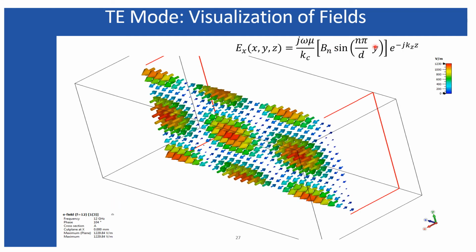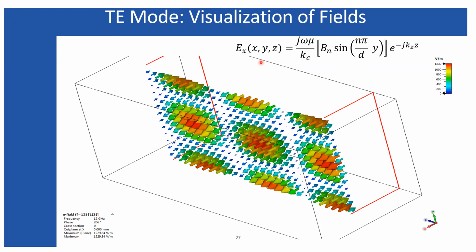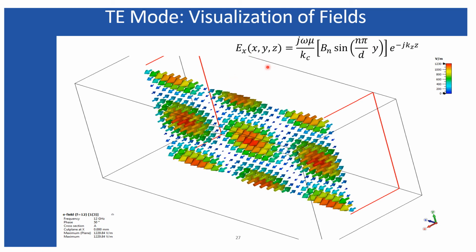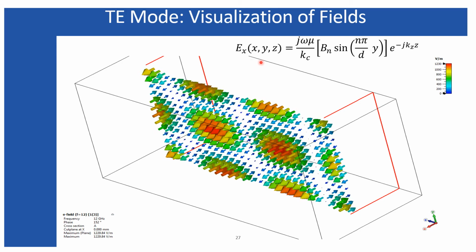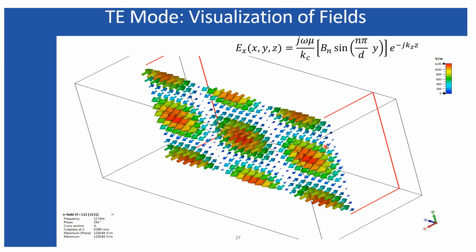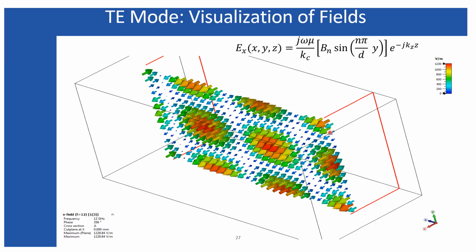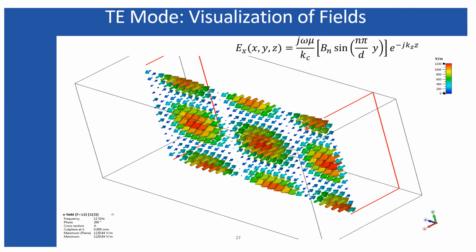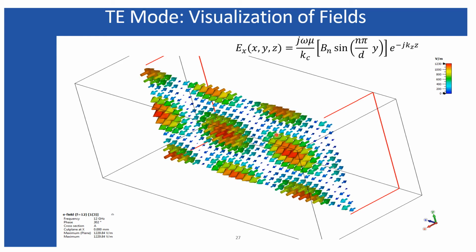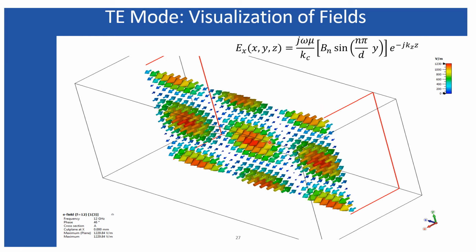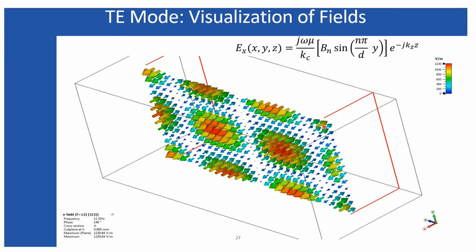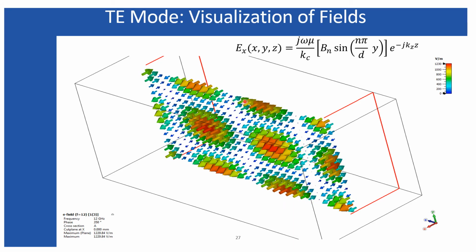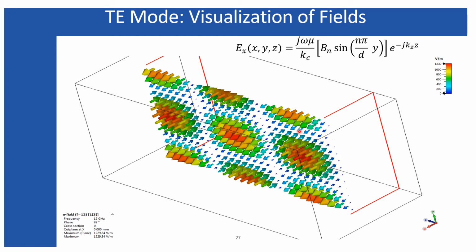And this is the visualization of the electric field. The only electric field that exists is along the x direction, and in a similar way, if you take the curl of this electric field, that defines the variations only in the z direction and the y direction. If you check from here, the arrows are pointing along the x direction, either along the positive x or the negative x, and it is propagating along the z direction, as well as having a variation along the z direction. Variation and propagation are two different things.